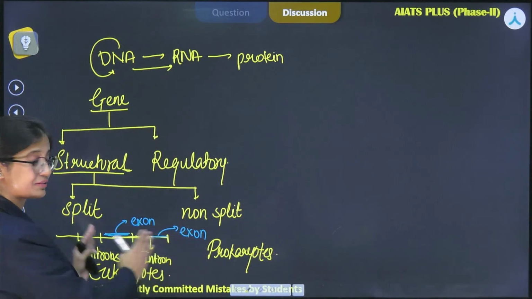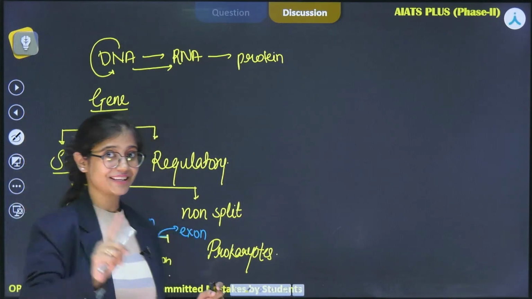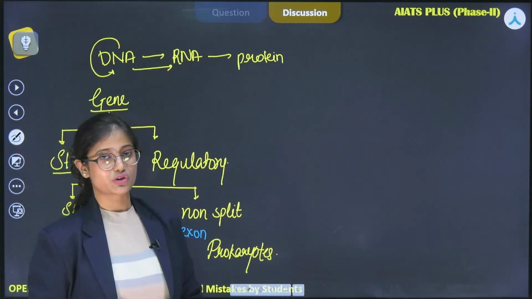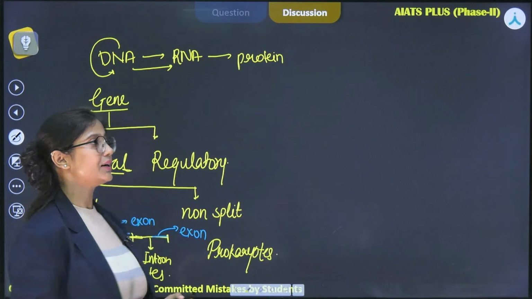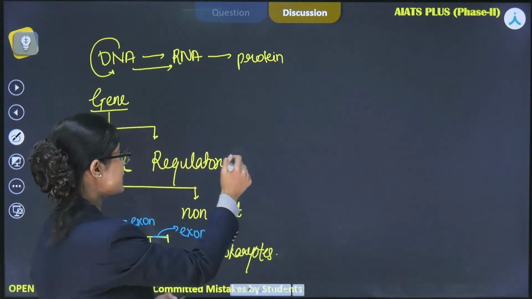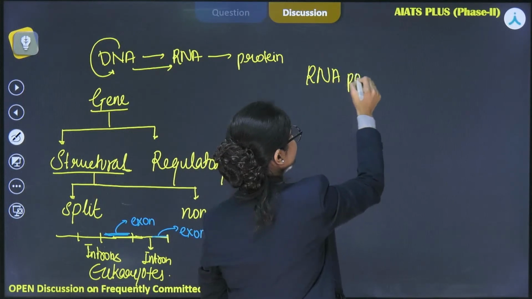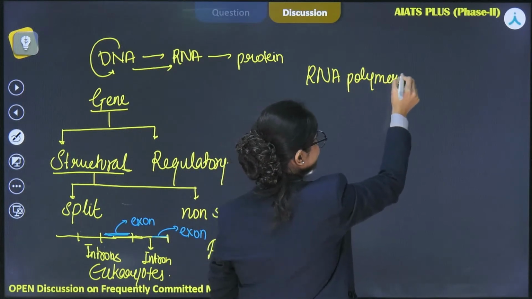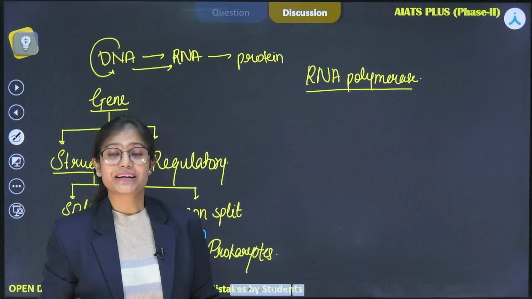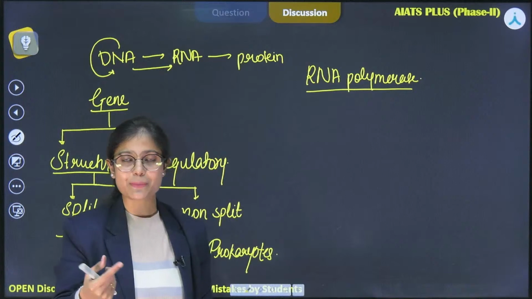Okay, so this is again the differentiating feature between the eukaryotes and prokaryotes once we have read in the ORI, right? Now let's proceed into the process of transcription. If we talk about the bacteria, all the types of RNA get transcribed by a single enzyme that is known as RNA polymerase. If we see the complete name of RNA polymerase, it is DNA dependent RNA polymerase. That means this enzyme is dependent on the DNA, which will be acting as a template,